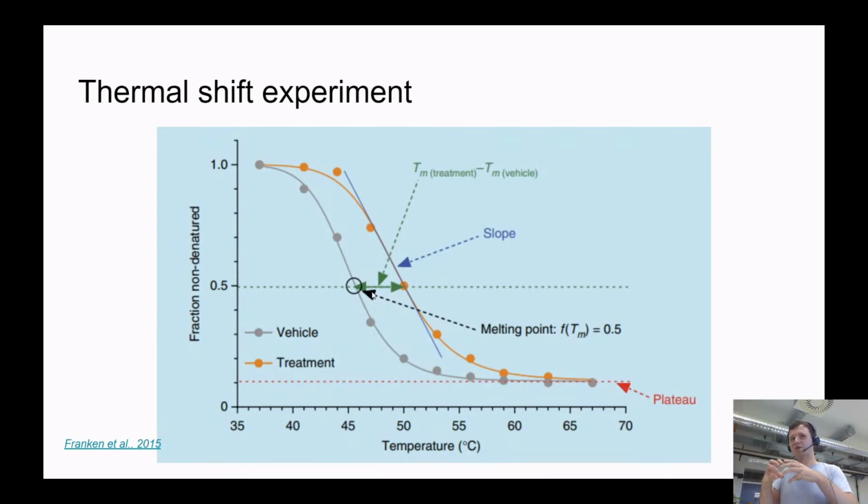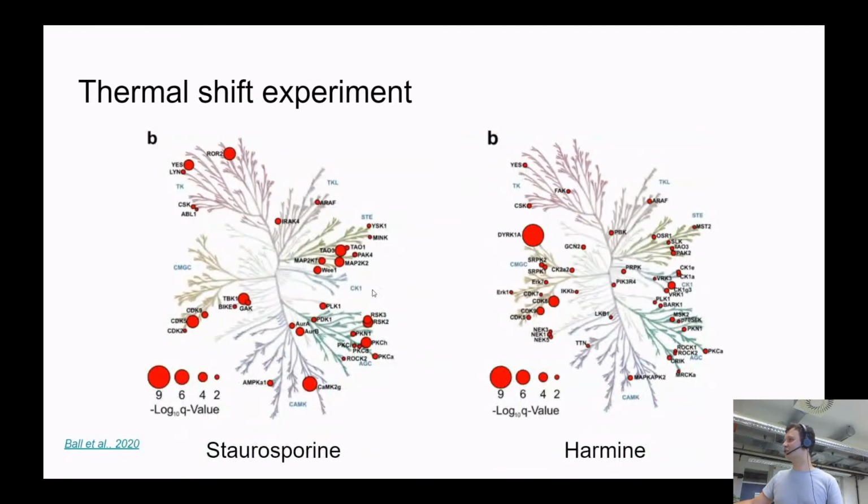But the thing is that it makes the protein more robust against destruction, against unwrapping, against melting, etc. So as a result, the melting point of proteins with the drug will be increased, and by measuring how strongly this temperature shift happened, we can understand with which proteins the drug interacts strongly or less strongly. And this is extremely powerful. Imagine we can do this for 10,000 proteins simultaneously. And we can, for example, take some drugs,